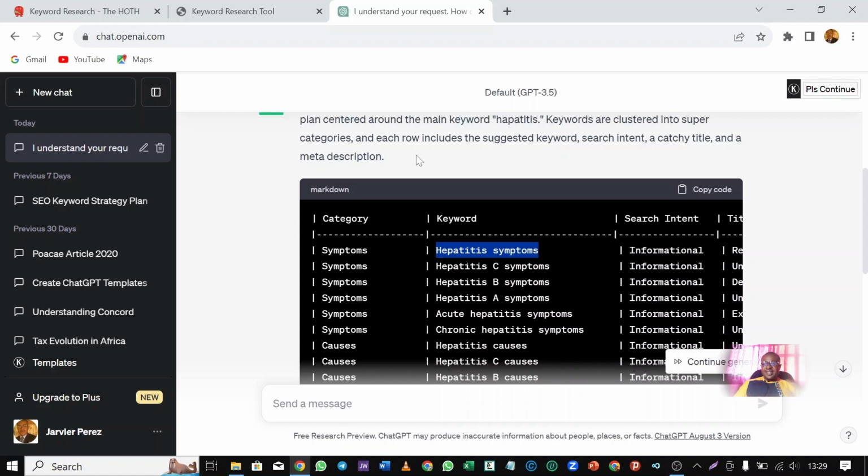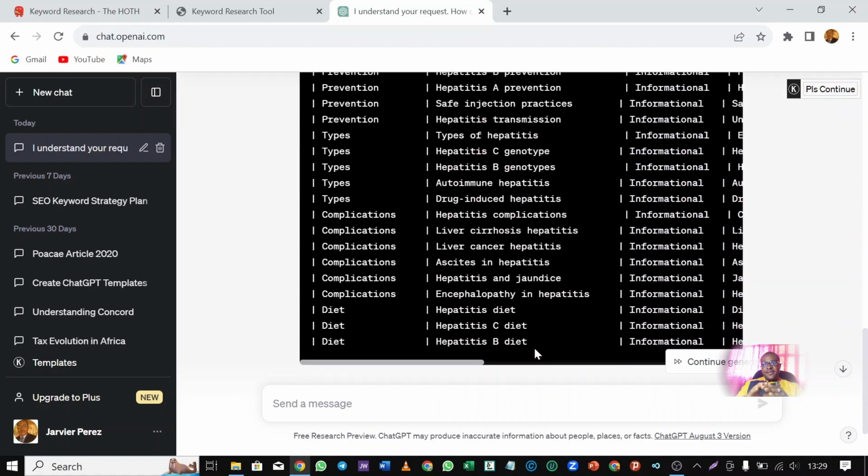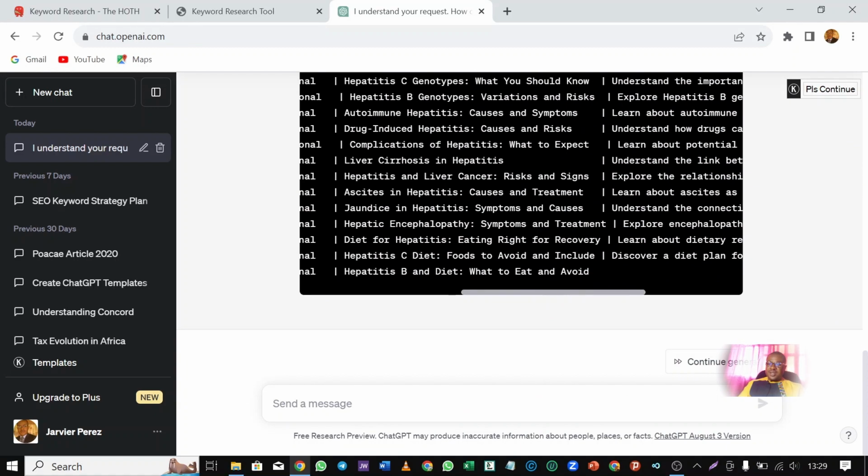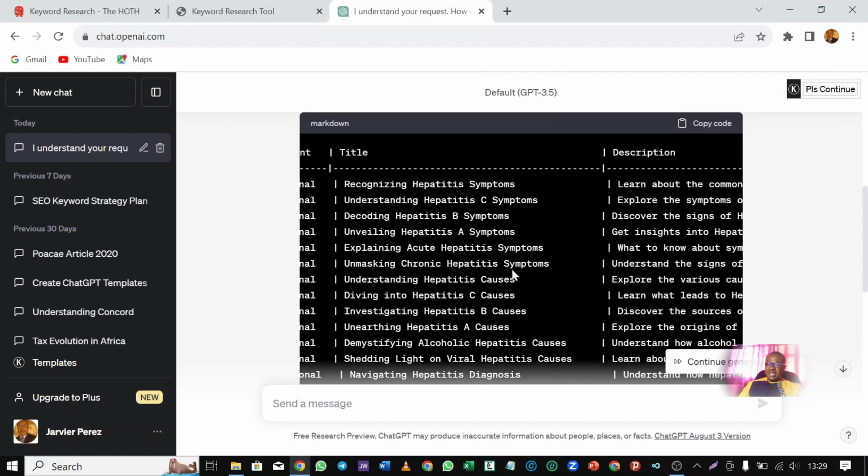That's another thing. ChatGPT has made it so much easier for us to get a very good and reliable topic if you don't have any for your article. So let's just go down a little bit and navigate to the right and see what the topic is.